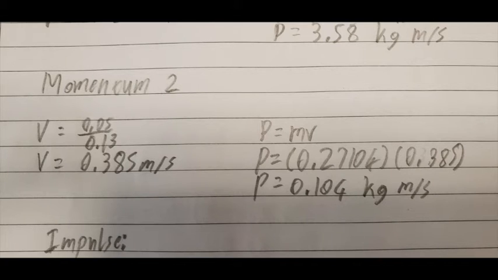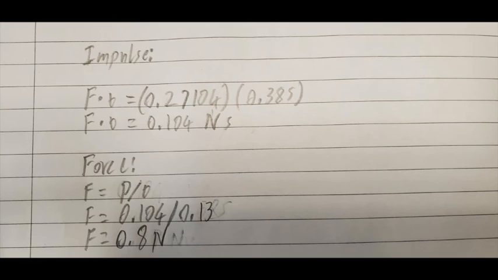Then to get our impulse, or the change in velocity after the force of the ground was exerted, we take the distance of 5 centimeters or 0.05 meters and divide it by the elapsed time of 0.13 seconds, we get 0.385 meters a second. Then plug the values into the momentum formula. 0.27104 kilograms times 0.385 makes 0.104 kilogram meters a second. Now to check our impulse again, we solve the formula Ft equals mv, where we multiply the mass by the velocity again, we get 0.104 newton seconds. Then we divide the impulse by the time of 0.13 seconds, we get a force exerted by the ground of